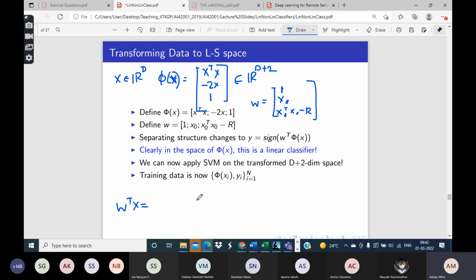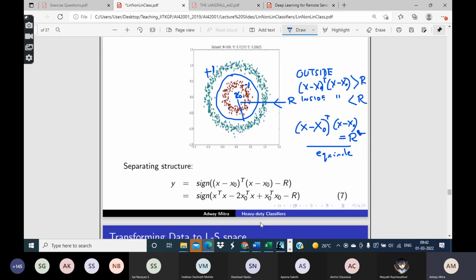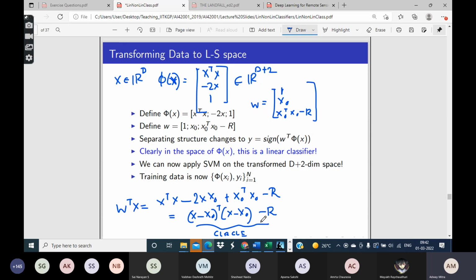You can just verify that I get x transpose x minus 2 x naught transpose x plus x naught transpose x naught minus r, which is the same as (x minus x naught) transpose (x minus x naught) minus r. So this is the circle. This is precisely the circle which we were dealing with earlier, right? So that circle,